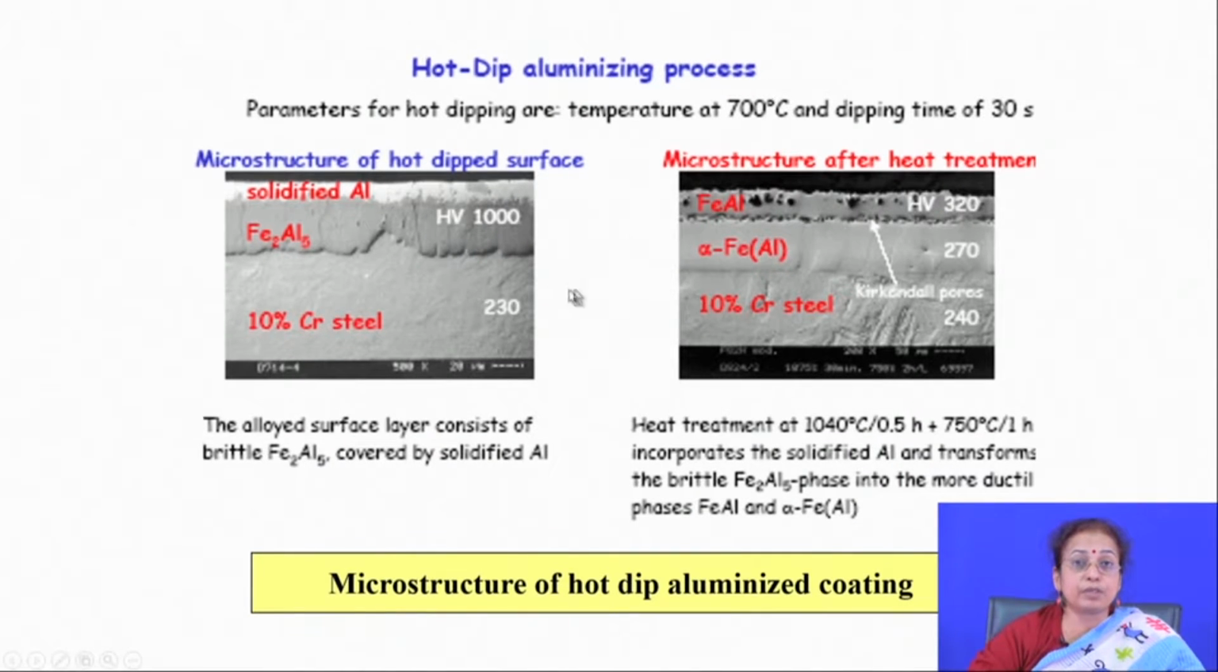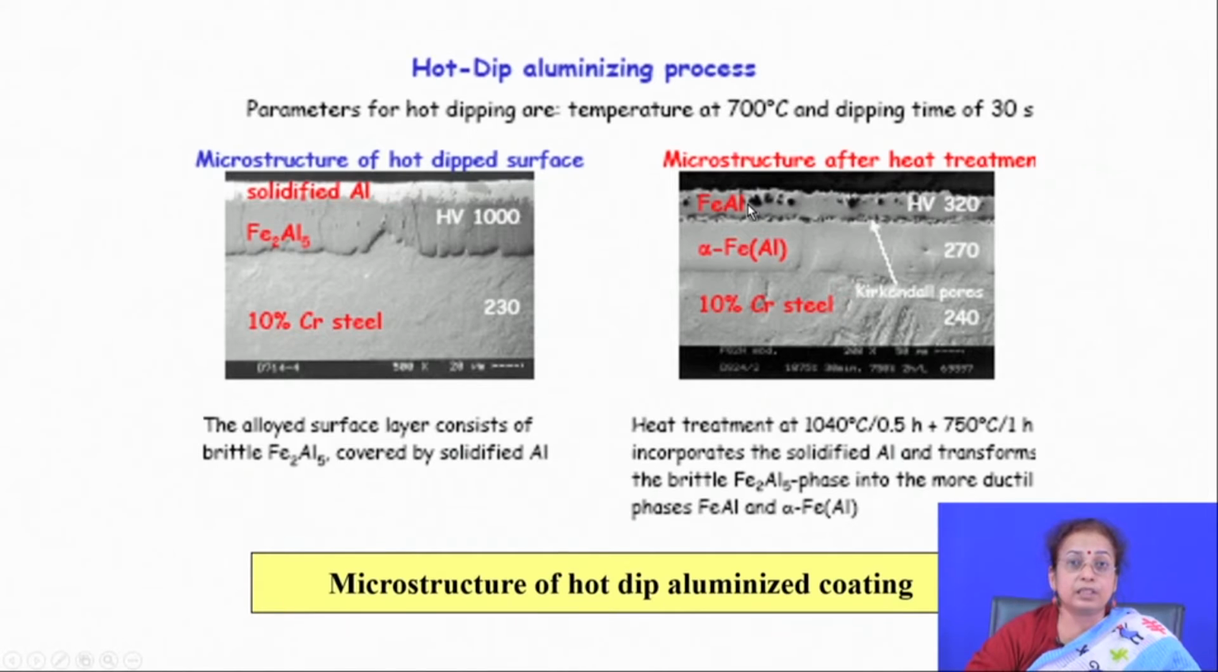So, the kind of heat treatment operation people follow is this two step heat treatment: at 1040 degrees Celsius for 0.5 hours, and then at 750 degrees Celsius for 1 hour. When you do this heat treatment, naturally there will be diffusion of the aluminum from the Fe2O5 towards the steel, as well as from the upper aluminum layer to the Fe2O5. So, finally, you will find the formation of three different layers, the top layer